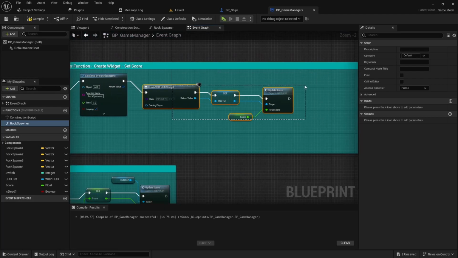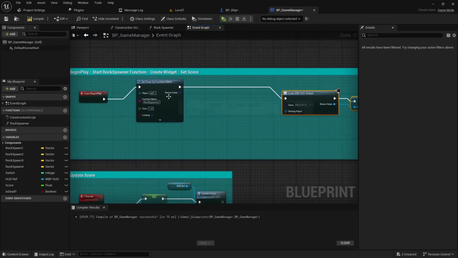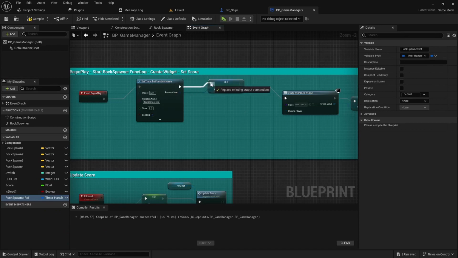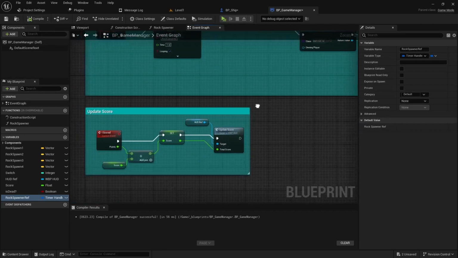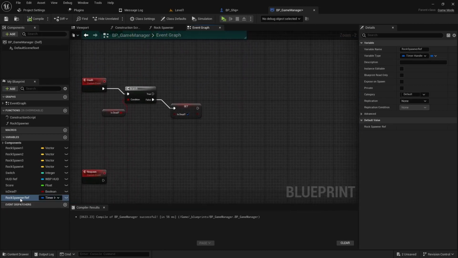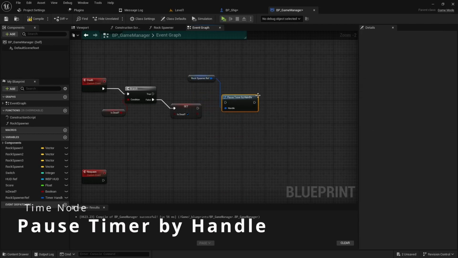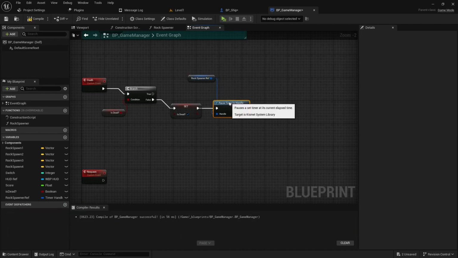So what we can do is we drag this back. We can right click on this, promote it to a variable, and we'll call it rock spawner reference. Plug that in over here. So now down in our code, we can drag out that reference, and then we can come into a pause timer by handle. And that'll basically stop the rocks from spawning, which is going to be necessary because